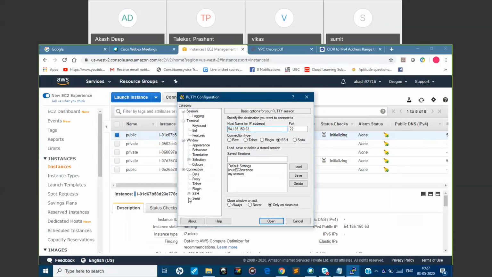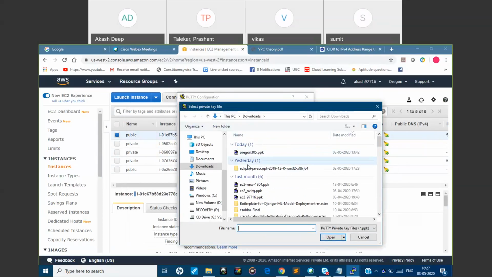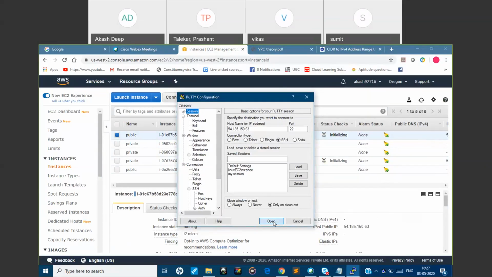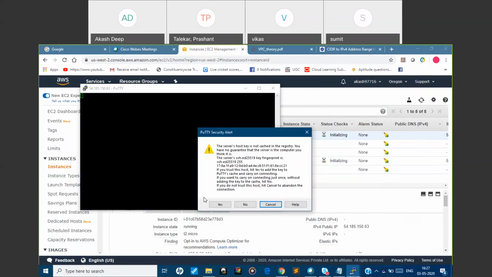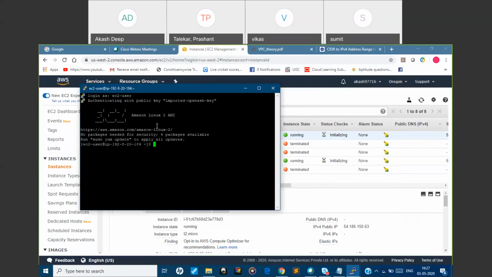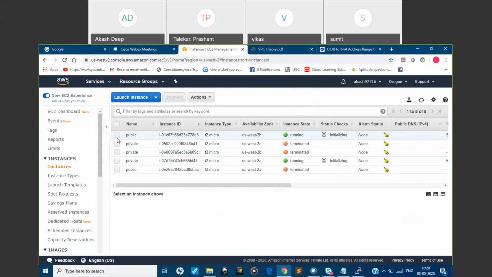Open. You're able to log in, right? To the user. Now we'll select the private one.